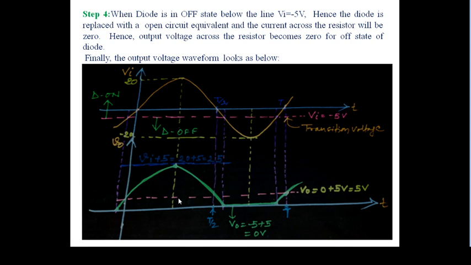Now I am considering an ideal diode, so the cut-in voltage of an ideal diode is 0 volt. If it is silicon, you have to consider 0.7 volt. If it is a germanium diode, you have to consider 0.3. If it is gallium arsenide, you have to consider 1.2. So these are two simple examples of a series clipper circuit. You can make any clipper problem. It is very easy. You have to just focus on the simple concept.